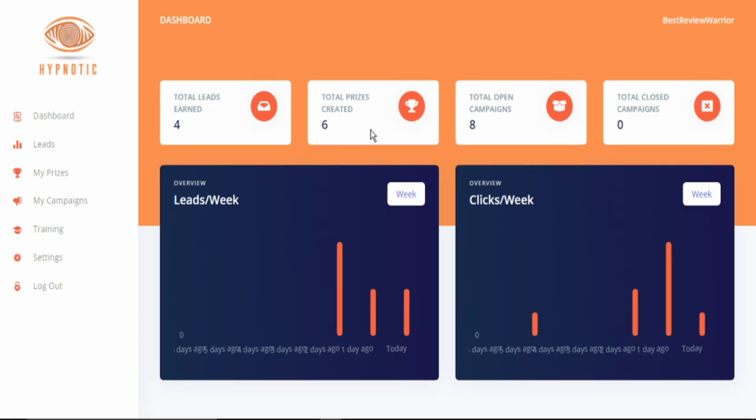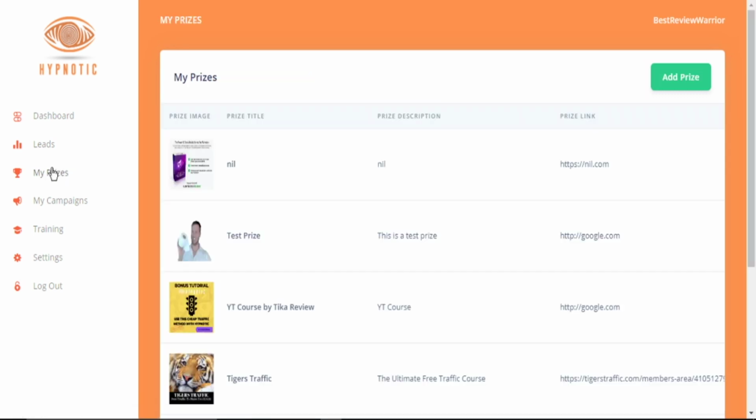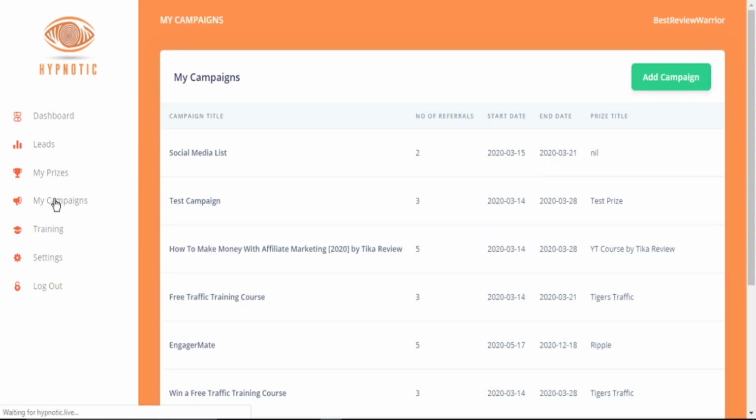Now, this is the members area of Hypnotic. Here you find your dashboard, which shows you the total leads and the total prizes you have created, total open campaigns, and total closed campaigns. It gives you a rundown of your leads per week and your clicks per week. So over here is where you see your leads. Already some actions have been taken on this, so that's why you are seeing this. It shows the prizes created and your running campaigns,